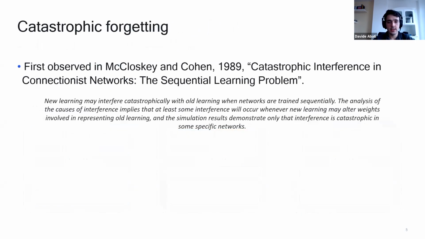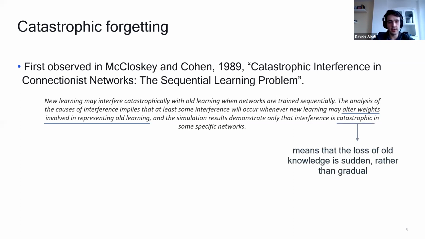And why is this difficult? This is difficult due to a problem called catastrophic forgetting, or catastrophic interference, which was observed in this seminal paper in 1989. What happens is that as you learn from new data, you change the weights of your model. Assuming you have a parametric model, such as a deep neural network, those updates on the new data may change the weights that are involved in representing the old knowledge. And this has a bad effect, of course, a forgetting effect over the previous knowledge.